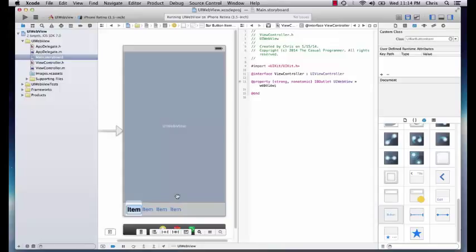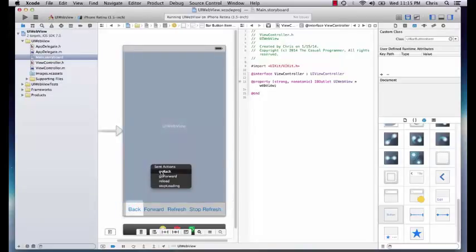Even when I rename them, I'm going to name this one back, name this one forward. See how they space themselves out. Name this one refresh, and name this one cancel. I'll name it stop refresh. And so now I have 4 buttons, and I'm going to click on my back button, and I'll connect it